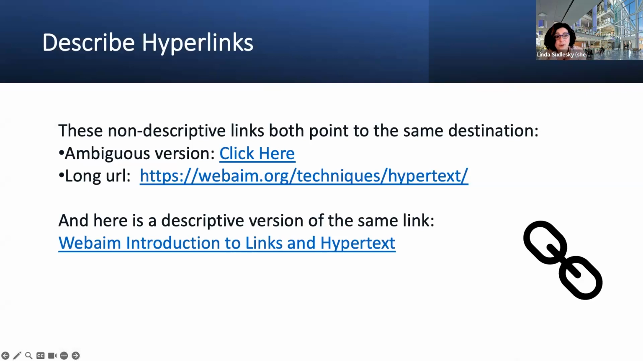So describing hyperlinks. Links or URLs should tell the user exactly where to go if they click on them. They should make sense when taken out of context of the surrounding text. And if a link isn't descriptive, it won't be clear, or it'll be difficult to read where the link might lead the person to. And I say this because people who use screen readers,